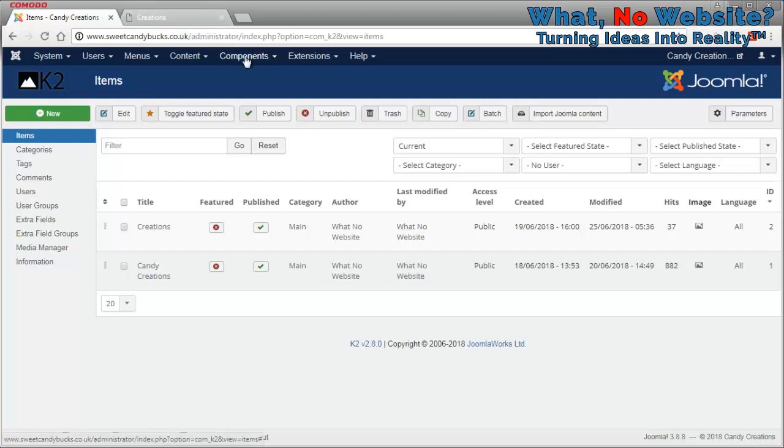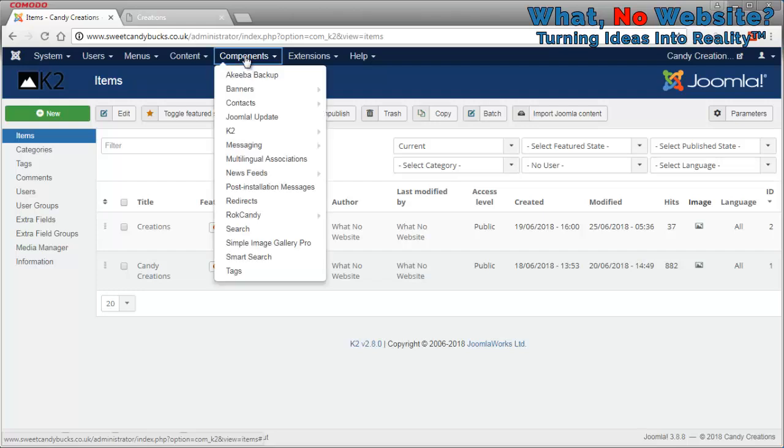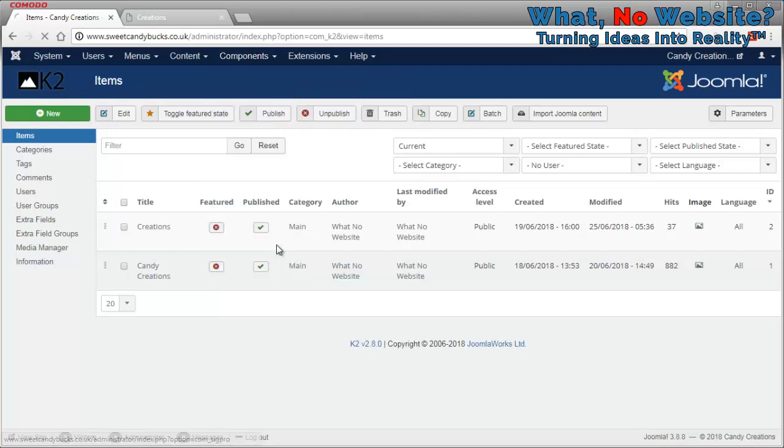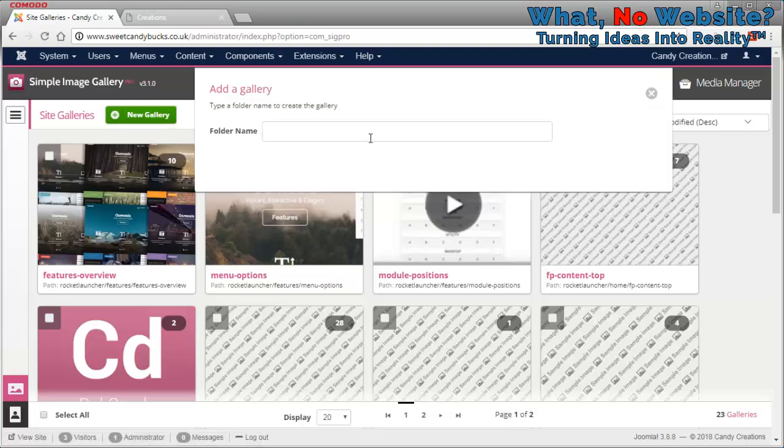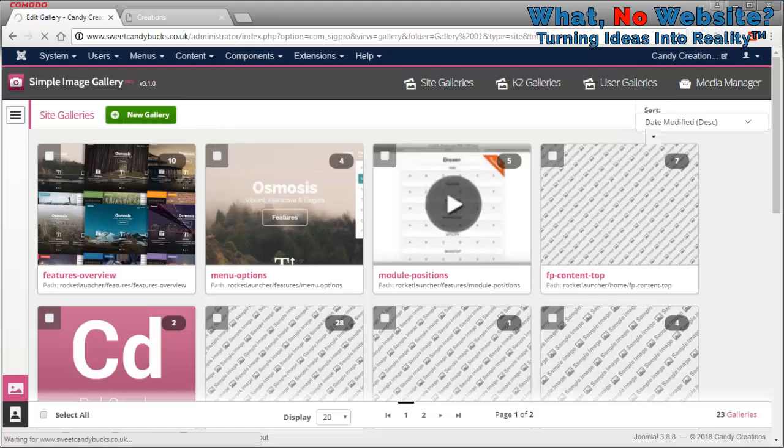But sometimes we want an image gallery embedded directly in an article, so we have to create the gallery first. So the first thing we do is go to Components and to the Simple Image Gallery Pro, and you'll see there are already a number of galleries there that have been automatically created, and we're going to create a new one now. So we just click New Gallery and we give it a name. So I'm just going to call this Gallery 01. Click Proceed,